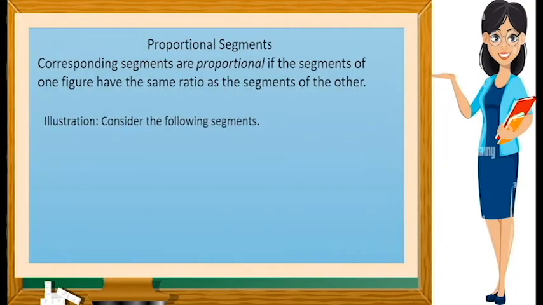This time we are going to discuss the proportional segments. What are proportional segments? Corresponding segments are proportional if the segments of one figure have the same ratio as the segments of the other. Okay, let's have the illustrations. The principle of proportion is very useful in finding lengths of line segments. As you see the illustrations,